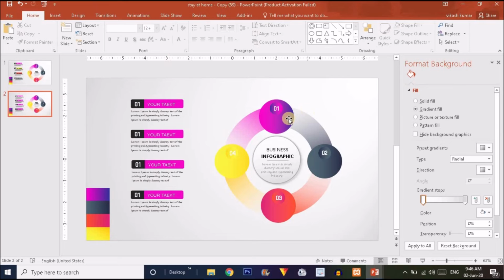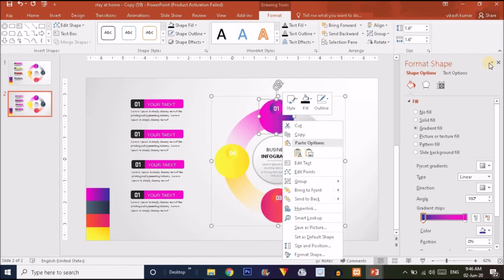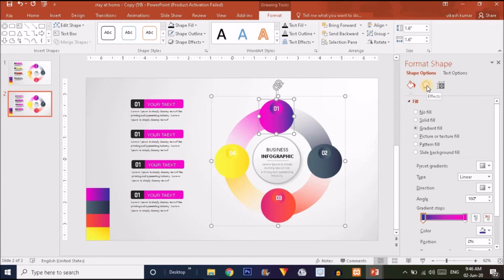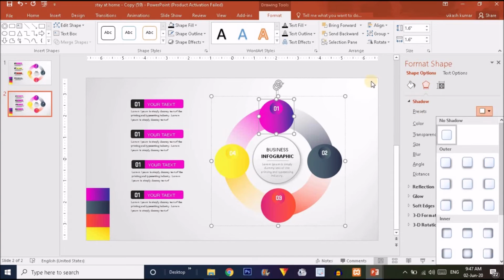Okay, so now finally what I'm going to do is I'm just going to select these circles and right click over here. If you have not found the format shape option on the right side, just right click over here. At the bottom you will find the format shape option. Just click on that. Now you have to click on the shadow option. Just click on that and choose a preset. Like here you will find the white color is here, so it seems like the rays or the light is coming from this side, and the darkness is here, like the light can't reach this side, so the shadow will make and create a preset like this.